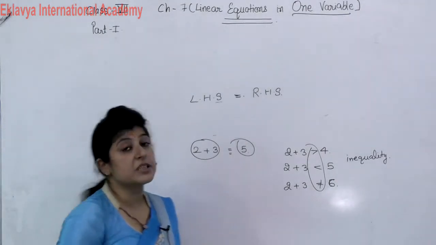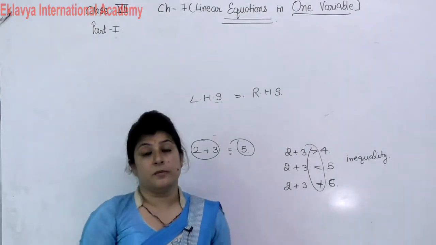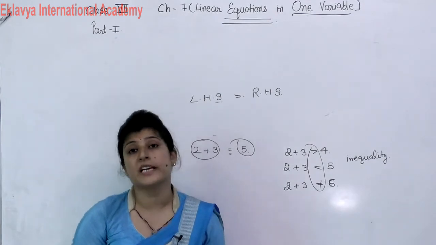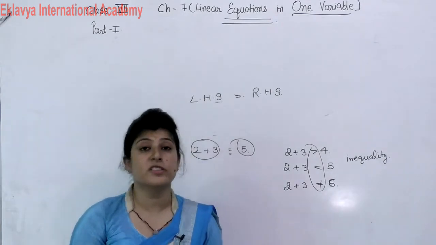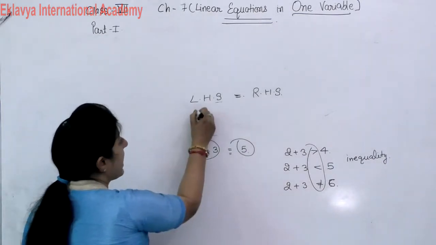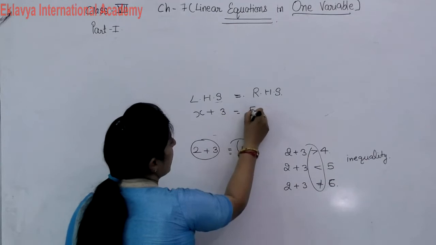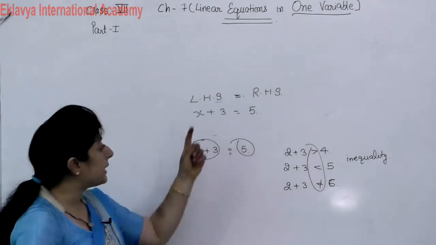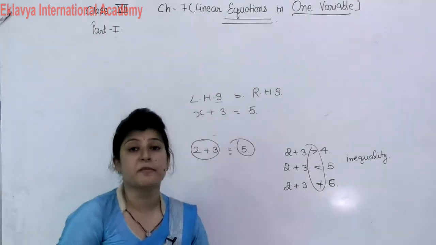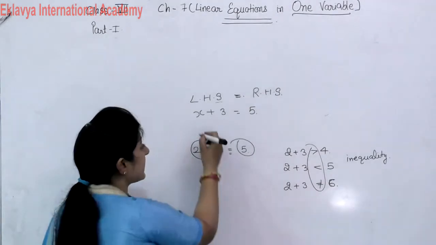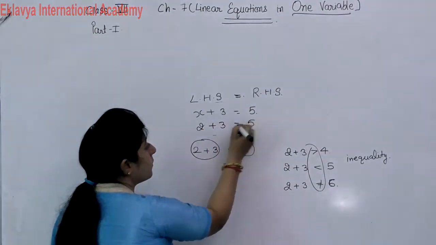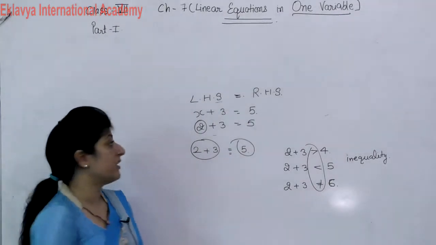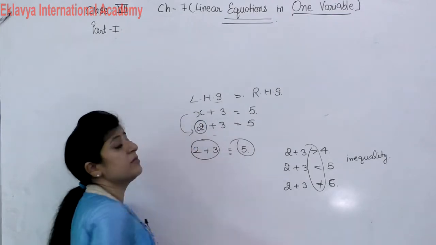Or linear equation means the degree of this equation is 1. Whenever we make an equation, it has some unknown quantity, and we will find out the value of this unknown quantity. Suppose I write x plus 3 is equal to 5. तो if we want to solve mentally, means 3 में क्या add किया जाए कि हमें 5 मिल जाए, then we can easily say that if I add 2, it becomes equal to 5. 2 plus 3 is equal to 5. It means here the x value becomes 2.